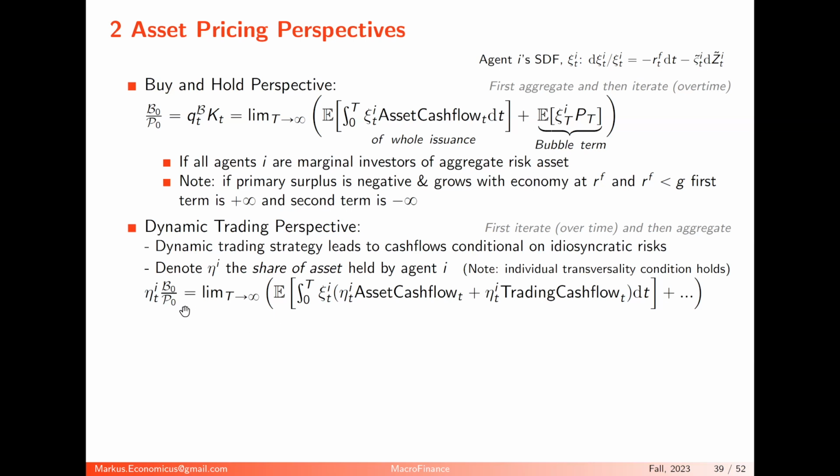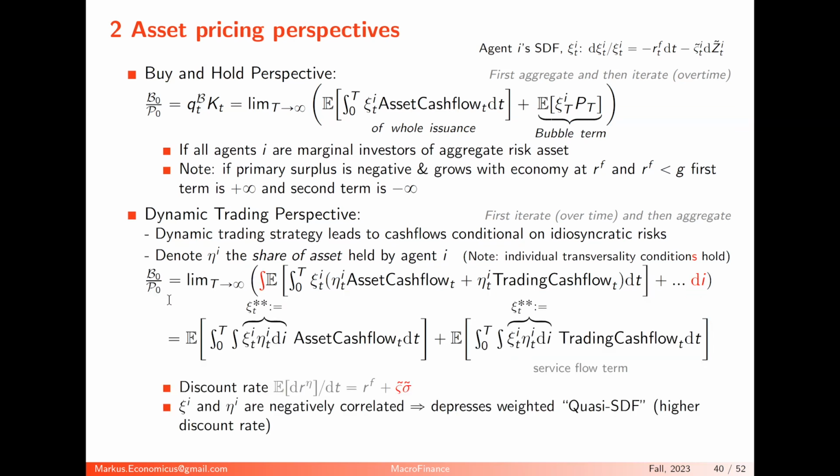So that's essentially what I do. You have a share eta I of these bonds, and you get a share eta I of the cash flows, but you also have some trading cash flows, okay? Because you constantly buy and sell these bonds. So you get the primary surpluses, might be negative all the time, but when you have a negative shock, you sell, you get a positive cash flow. If you have a positive shock, you buy, you have negative cash flow. And then what I do is, this is for you alone. Now I integrate over all the guys.